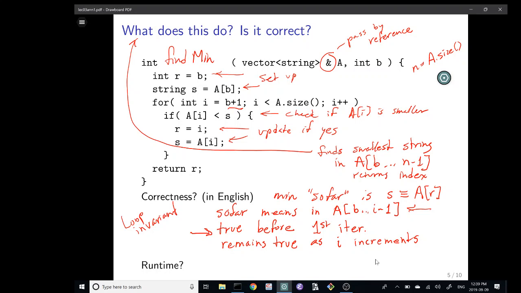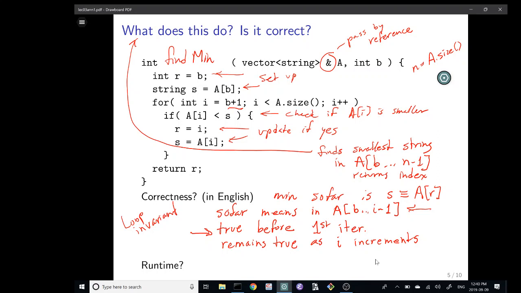No, I'm sorry. I put quotes around so far because I just didn't want you to be confused. Okay, so let me erase those quotes because I confused you. Just think of it as being the minimum so far. This is like an English thing that I'm saying to you. It's not precise. Well, it's pretty precise, but it's not as precise as you really like it to be, probably. I'm just saying the minimum so far is this. And then I'm telling you so far means this. It means I've gone through the loop a certain number of times.